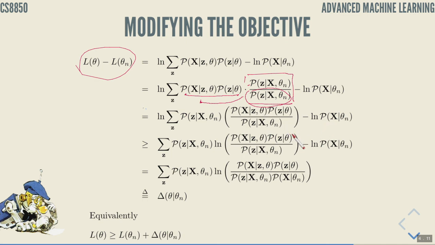Then we use Jensen's inequality, and according to Jensen's inequality, this expression is larger than or equal to that expression, the log of the sum of convex combinations. Of course, this is a posterior distribution over z. When we integrate probability over z, it's 1, so everything obeys the conditions or assumptions of Jensen's inequality. And we now have a convex combination of the log of those values. And if we pull in this minus log